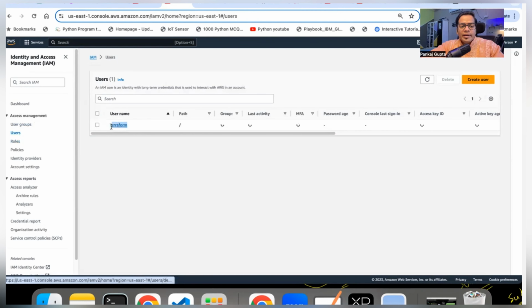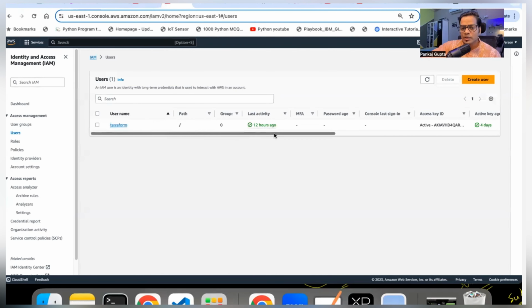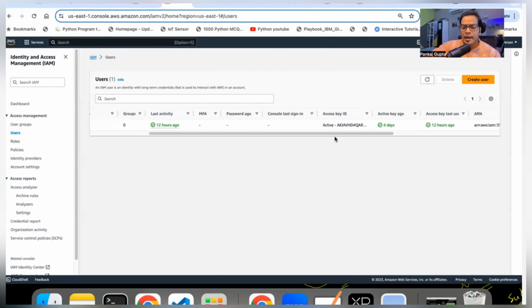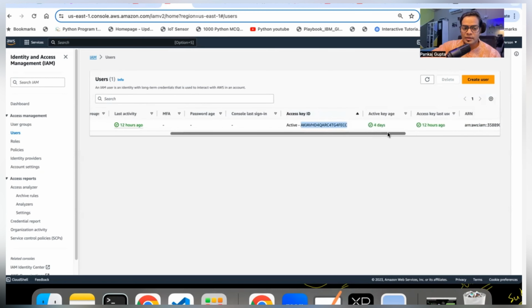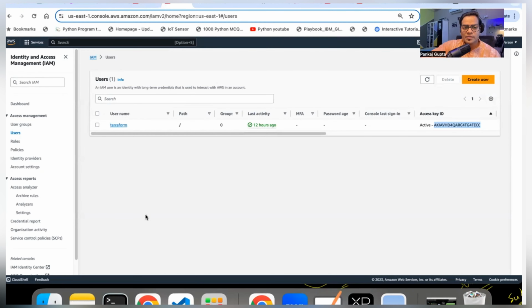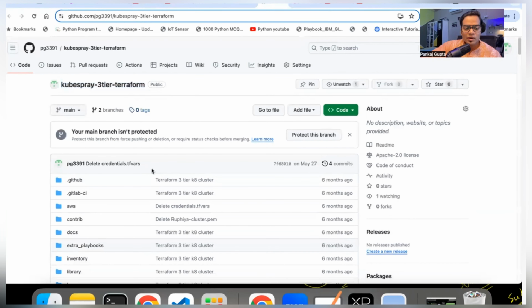I have already created a Terraform user with AWS access keys and secret key. Once you create an AWS IAM user with any name, it can be any name, it will automatically download the key for this user to your local, and you then have to create an access key for this user, because this is going to be used somewhere in the Terraform. So the first step is to create this user, and then once the user is created, go to the GitHub, download this code or clone this code in your